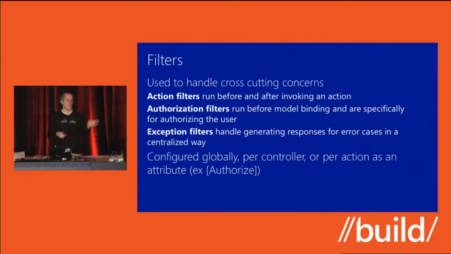They run before even parameter binding has occurred. So that's a great place to stick your authorization logic. Like you don't want to let someone in unless they have the right access token or something like that. We provide an authorization filter for you out of the box, the bracket Authorize attribute. You can require that there be some sort of principal on the thread or that principal be within a specific role.